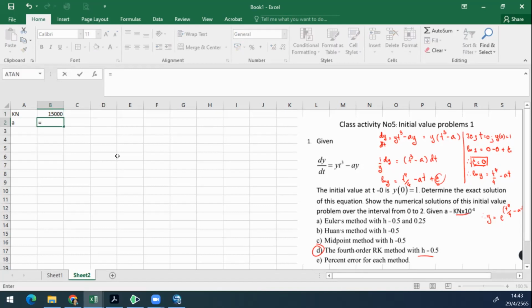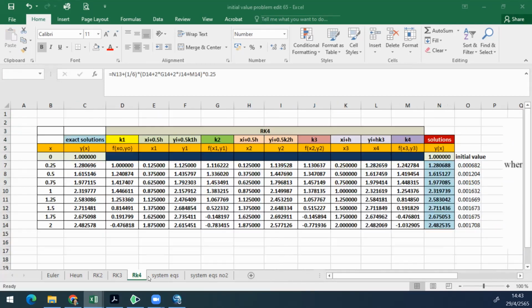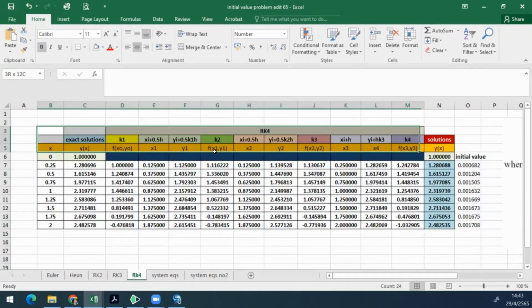A becomes a time ten to the power minus 4. It becomes 1.5 for this case, and for h we use h equal to 0.5. Okay, h becomes 0.5. So for the table, in order to reduce the time, I would like to paste this table